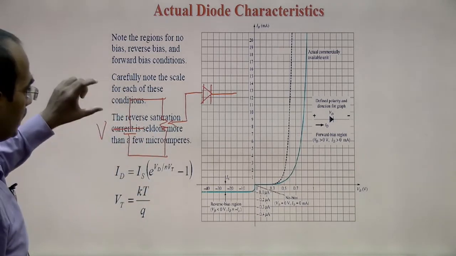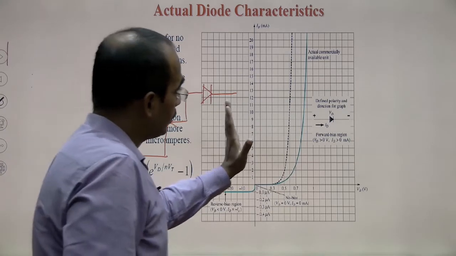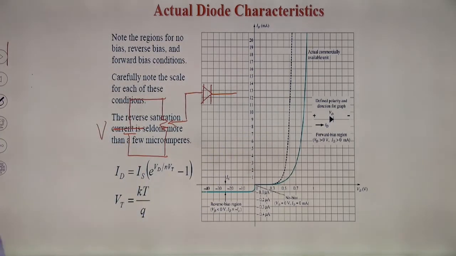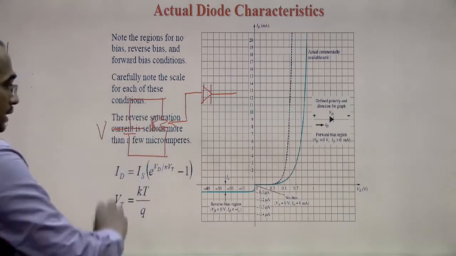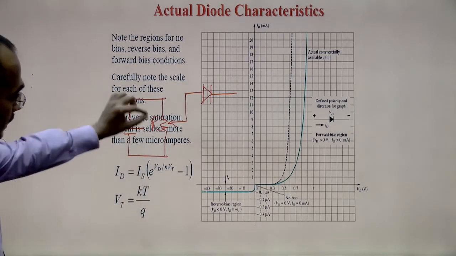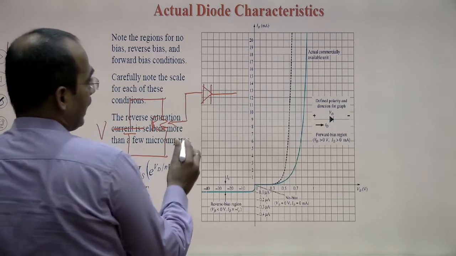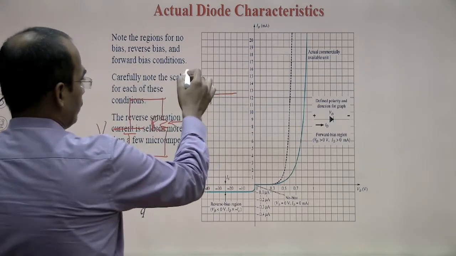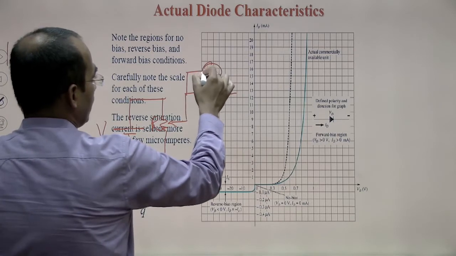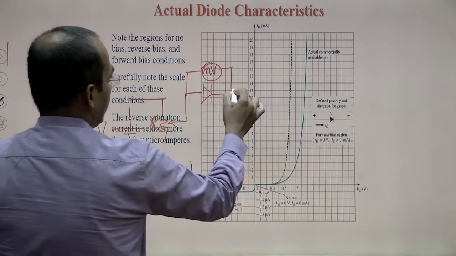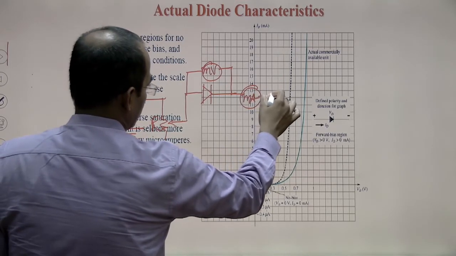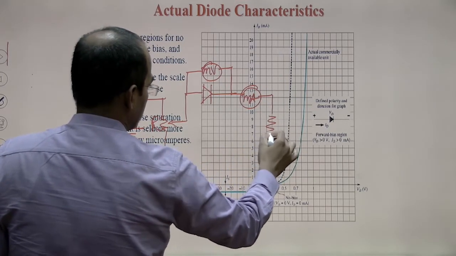First of all, I am discussing this forward bias characteristic. For measuring the forward bias characteristic, I will use a potentiometer. Suppose this is resistance R. By varying this resistance R, what we have to do? We have to measure the voltage across the diode and the current flowing through the diode. For measuring this, the voltage across the diode, I will use a voltmeter and I will connect a meter of milliampere capacity, and the resistance is connected here.